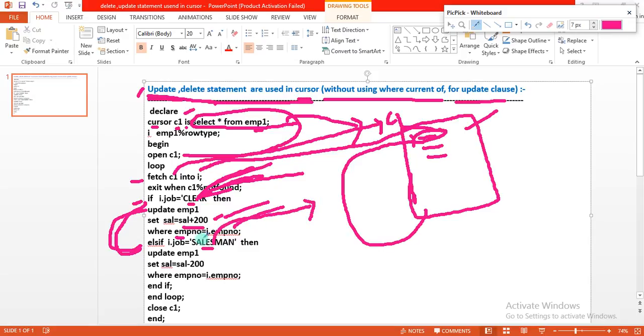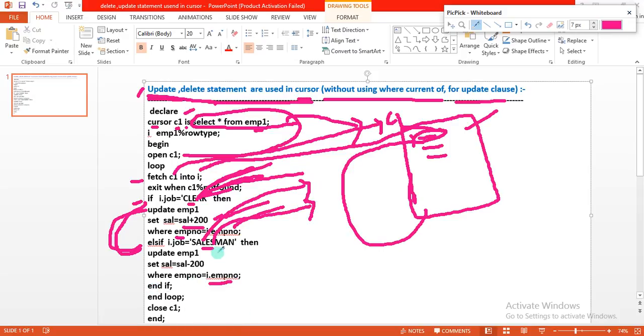If not, it will return false. If it is true, then it executes this update: update EMP1 set salary equal to salary minus 200, decreasing the salary, where EMP number equals I dot EMP number. Whatever current employee record we fetched, its ID is used here.